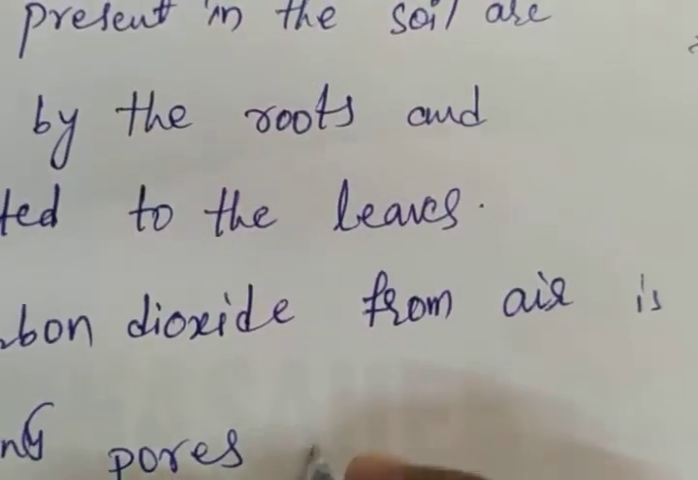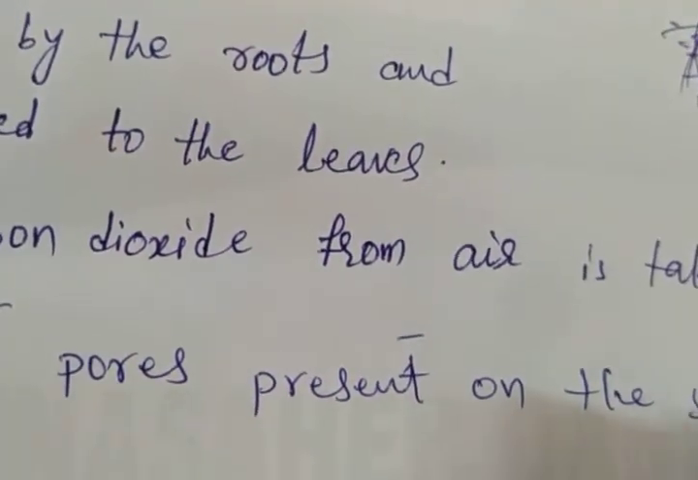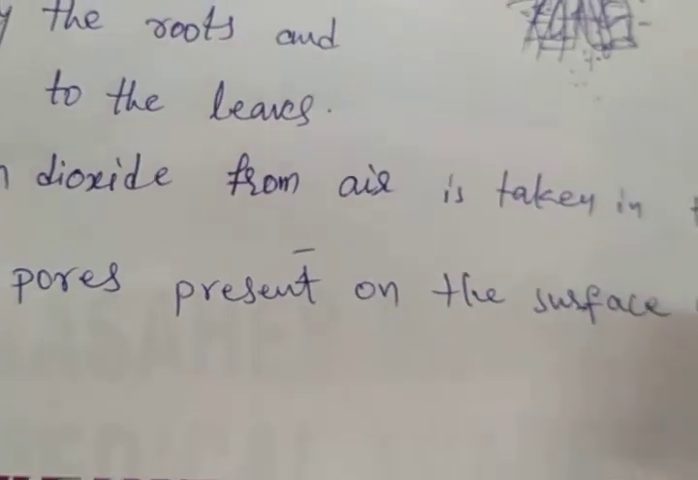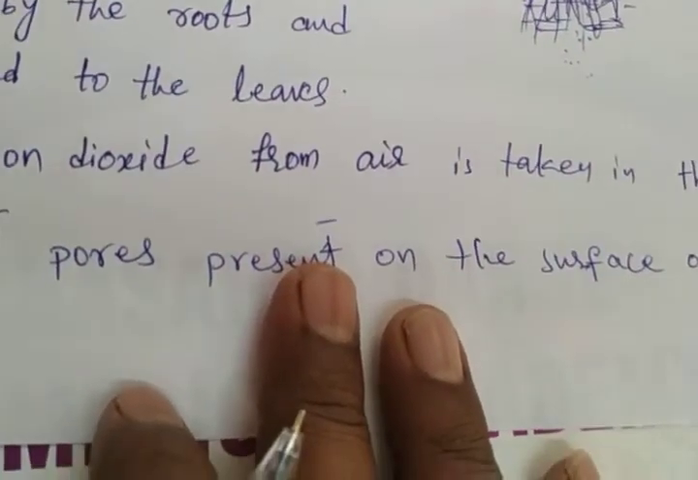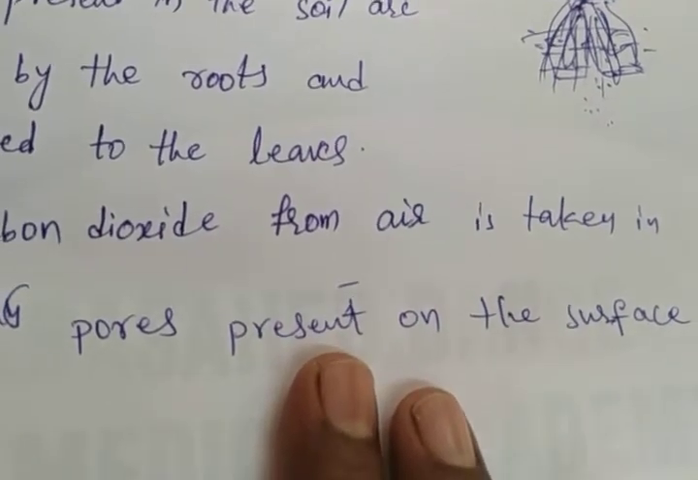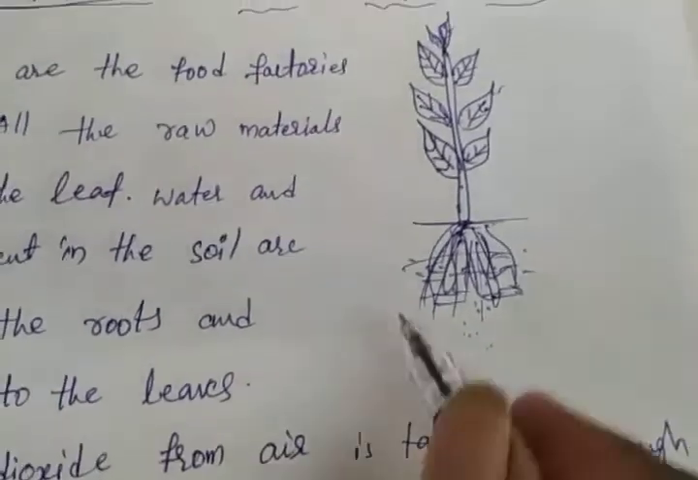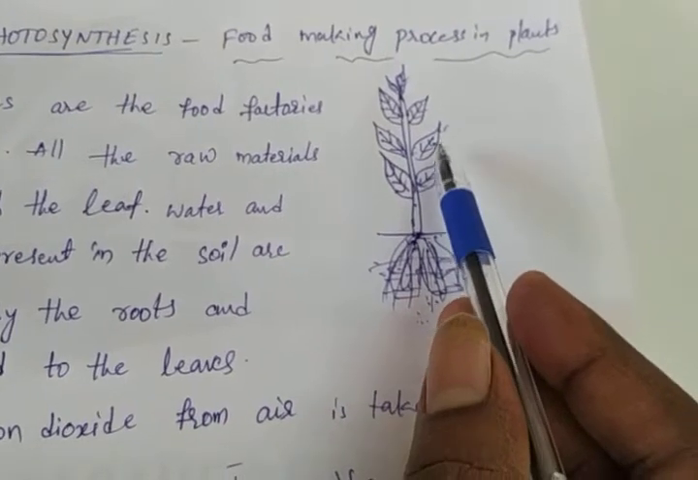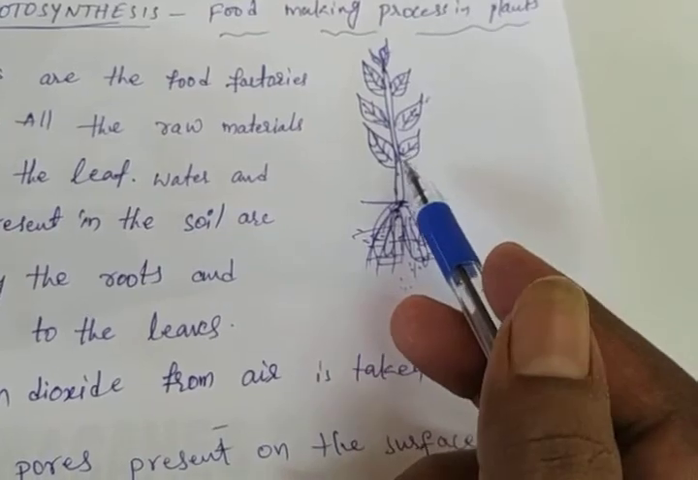Pores present on the surface of leaves. Okay. These pores are surrounded by guard cells. Such pores are called stomata. Here, you have to observe carbon dioxide from air. In the air, carbon dioxide is there. Plants require the carbon dioxide for